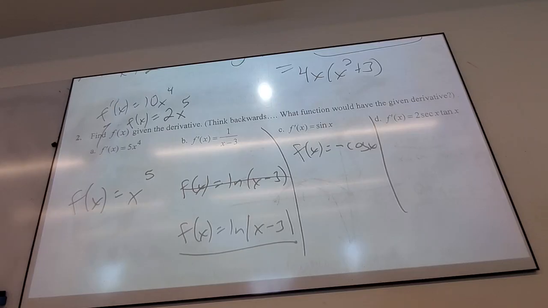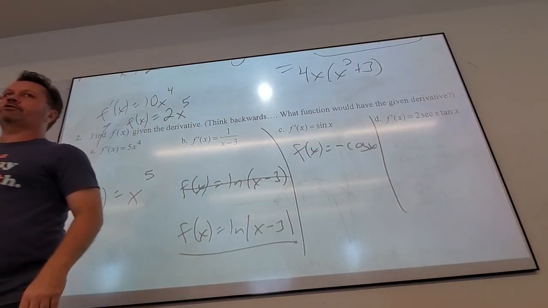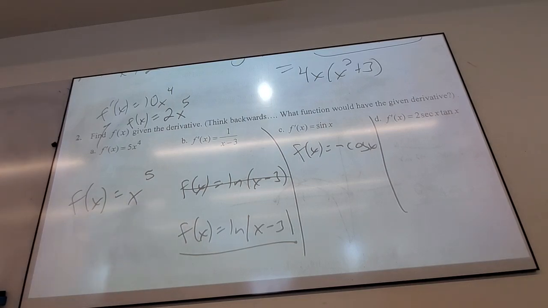You guys see that? So sometimes antiderivatives have 2 steps. There's a part you know must be there, and then you just do the specific number that makes things work. The only thing you're allowed to fiddle with is the constant. The functional part has to be there. So part D. Part D should be even more straightforward than C. What do I take the derivative of to get secant x tangent x? Secant. And what else is there?